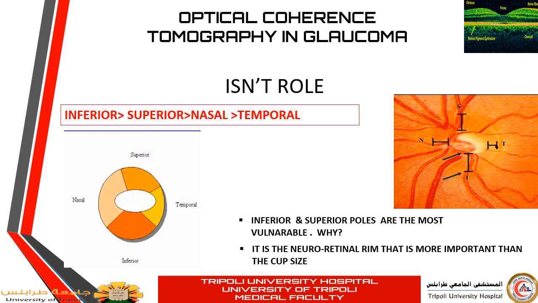And the other thing is that in glaucoma, the inferior and the superior poles of the neuroretinal rim are the most vulnerable parts of the neuroretinal rim, the first to be affected in glaucoma. And this can be explained by the fact that the arcuate fibers that converge to the superior and inferior poles are much more vulnerable to glaucomatous damage, because in the superior and the inferior pole, the lamina cribrosa, where the fibers of the optic nerve will pass, has large pores. And these large pores have minimal glial or connective tissue,